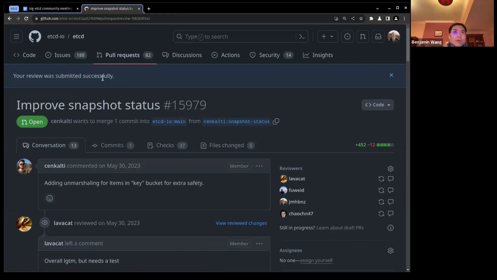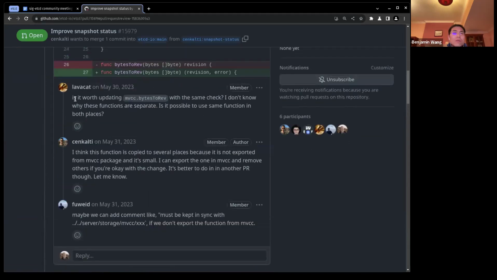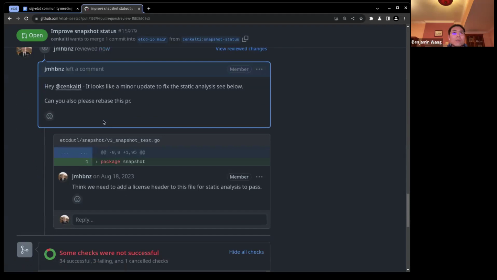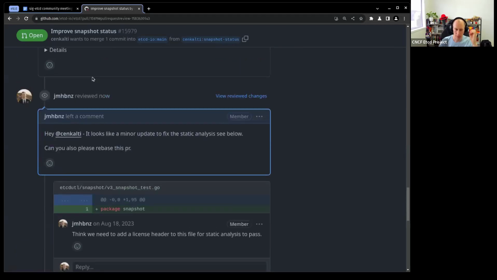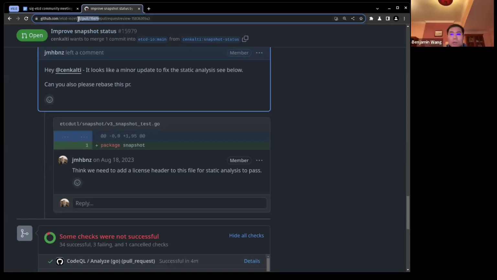Yeah, one more comment from Benjamin. Yeah, I recall another contributor had some refactor on the revision, for example, the byte to revision function, something like that. So I'm not sure whether or not we can make some change on this PR to reuse this existing function, byte to revision. Right. Okay. Would you be able to leave a comment on here, Benjamin? Sure, yeah, but I need to find out the PR. Yeah, sure.